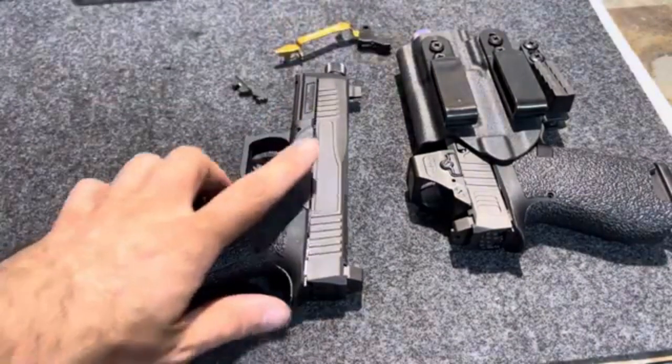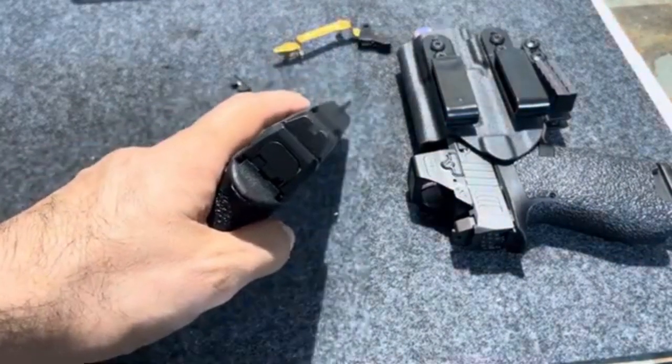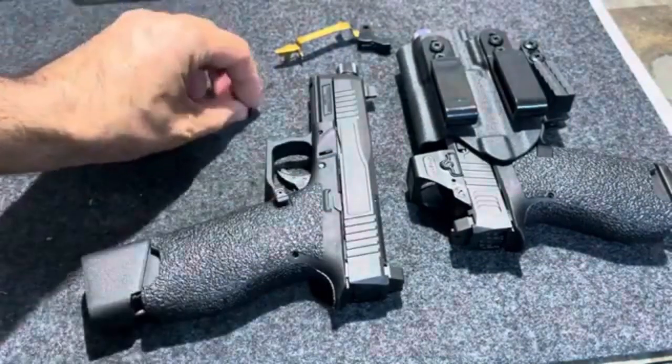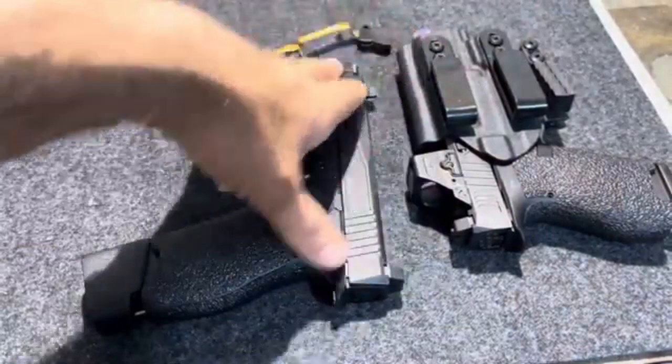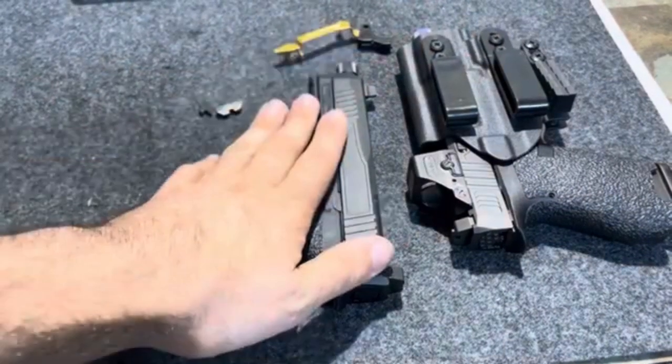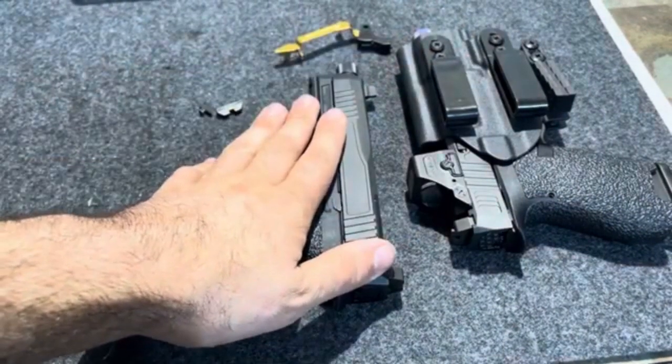I guess I'm going to get the sights done on this before I head back inside. So thank you guys for watching. If you have any comments, if you have any advice for getting these guns to cycle with the can on them a little better or at all,